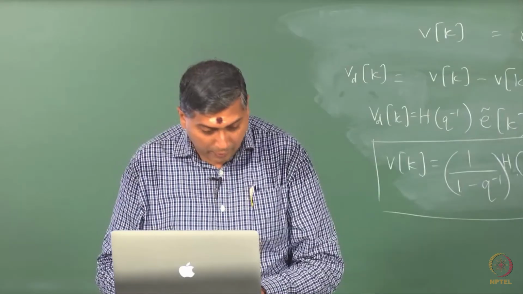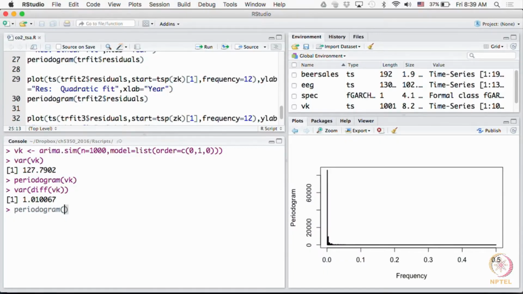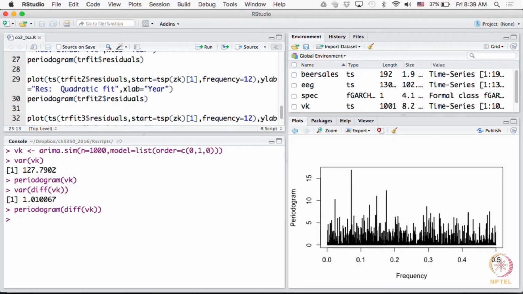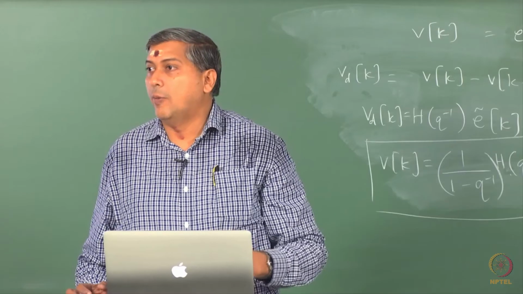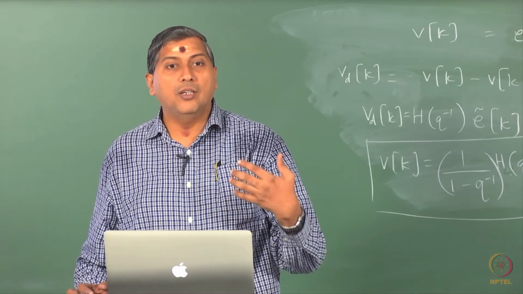Now, you can also look at the periodogram of the differenced series, and I promise it is going to look a bit crazy, but it is definitely not going to look as clean as this one showing heavy low pass filtering characteristics. Now, what do you see? You see all frequencies contributing to the power, more or less. Theoretically, you can show that since we have taken a pure integrating process, and we will show theoretically next week, what one should expect is a flat spectrum for the differenced series. Okay. Now, what I can ask you to do as homework is go back and create an integrating process of order 2.